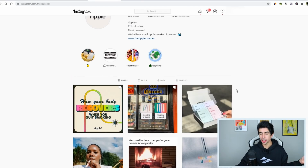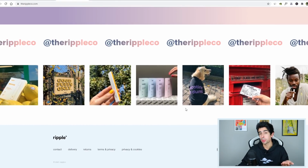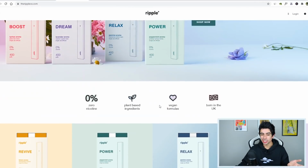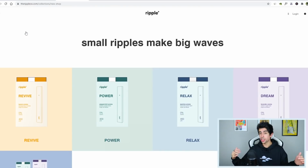Nicotine is extremely addictive, and it's really harmful for people. So this actually does solve a problem. It helps people quit with a sort of healthy alternative. I'm not exactly sure how healthy this stuff is. I mean, obviously, I haven't tried it myself, and unfortunately, I'm not gonna buy this one, because 2021 is the